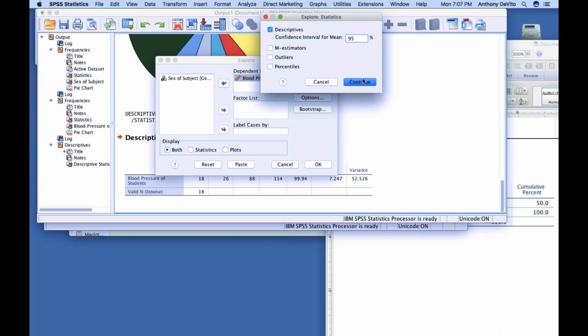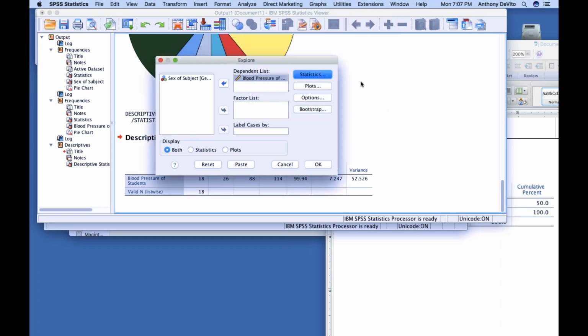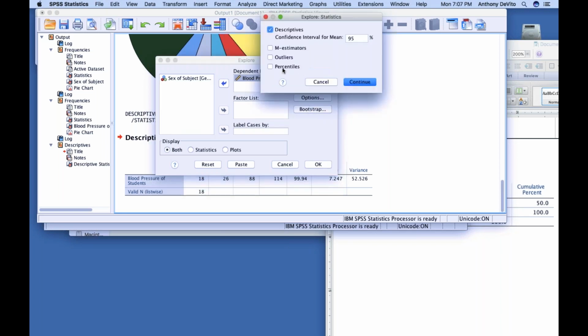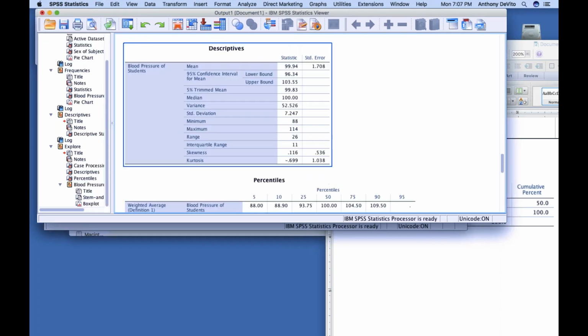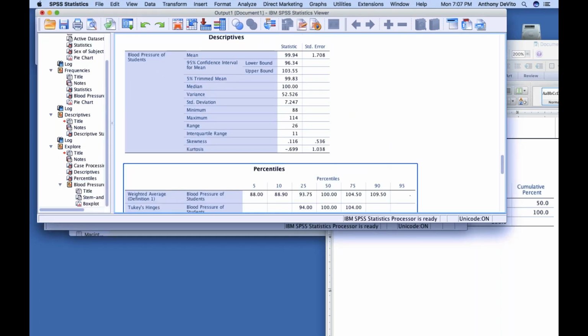Don't worry about it for now. And I'm going to click OK. Did you notice that there was a selection there for percentiles, where it'll calculate percentiles for you if you want them? I might as well leave that in there. Okay, I'm going to click OK, and again, now I get a more comprehensive set of statistics that describe the